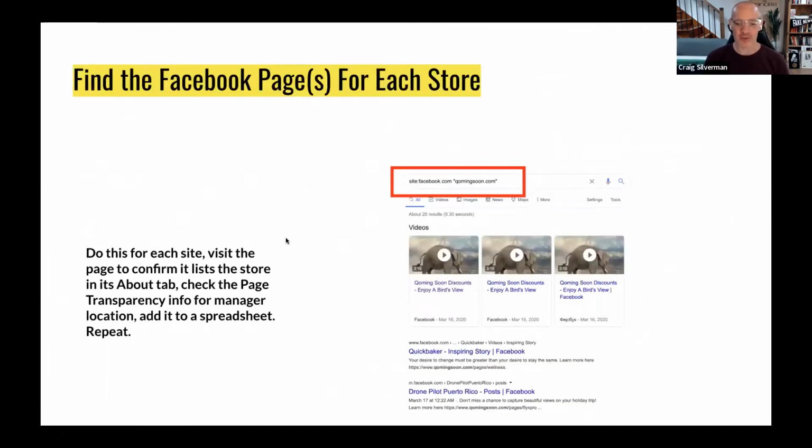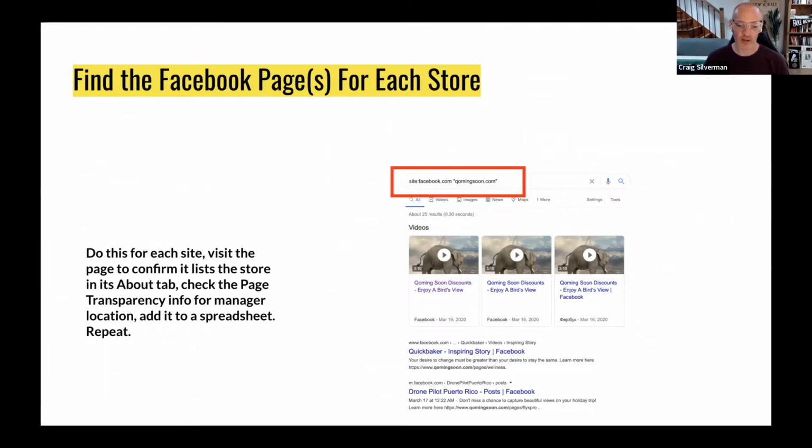So now that I have my list of websites, if you remember, the next thing I wanted was, do these websites have Facebook pages connected to them where maybe they run ads, right? Because what I have proven so far is that they're finding their customers on Facebook. They are running ads on Facebook to get people to click on the link to go buy the mask at the website. And so I need to see if each of these stores that I have found, which is selling masks, also has a Facebook page.